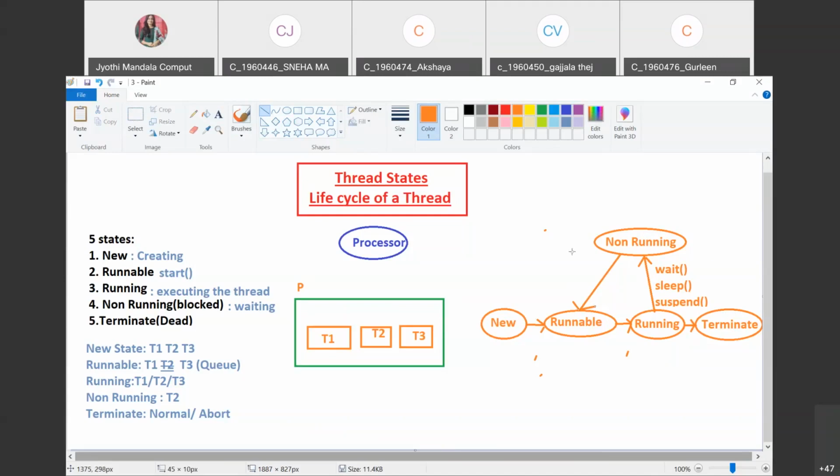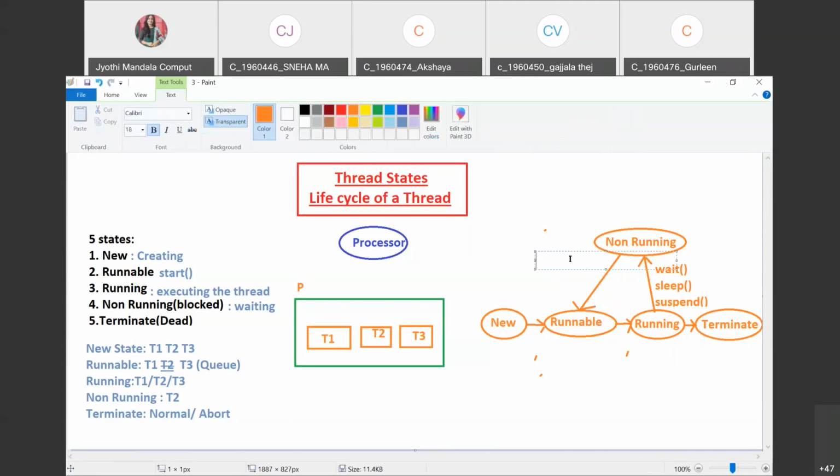What are the methods that will be helpful in achieving this? Note down those methods, all of you. You can have a method called notify, notify all, and resume. Let us consider you have given a method called sleep. Sleep is nothing but you are making the thread wait for some milliseconds. Let us consider you have given 1000 milliseconds. Once the 1000 milliseconds are over, it will be moved from the non-runnable state to the runnable state.